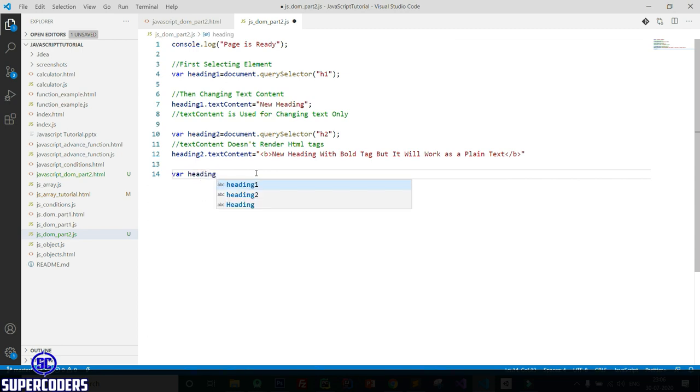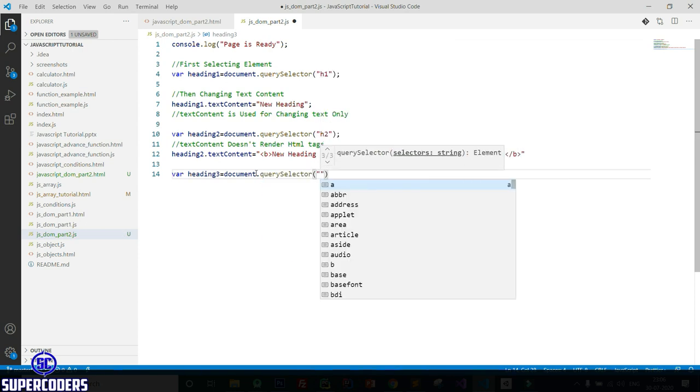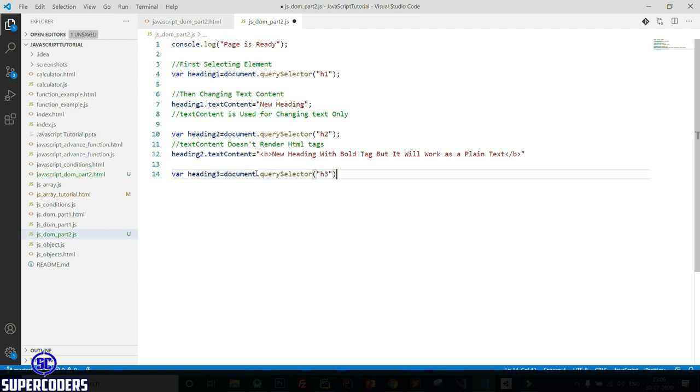Now let's see another example where heading3 equal to document dot querySelector, then passing h3. So if you want to append text content with some HTML tags, you need to call dot innerHTML instead of textContent. So innerHTML is used for adding text with HTML tags.